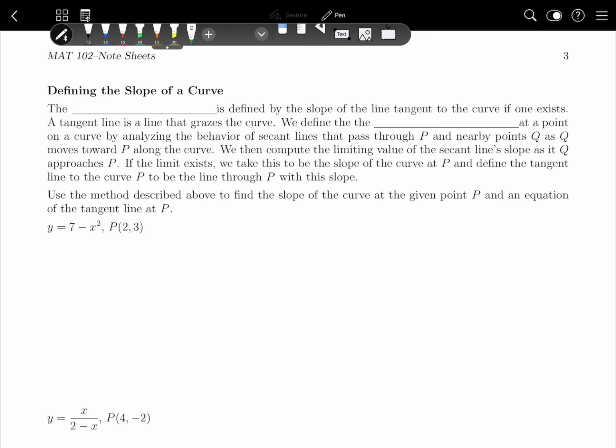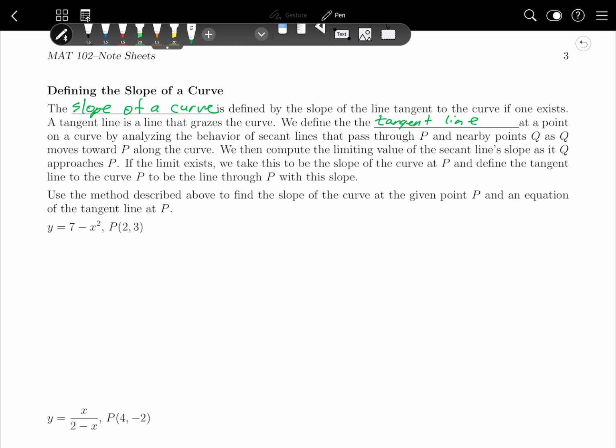So the slope of a curve is defined by the slope of the line tangent to the curve, if one exists. A tangent line is a line that grazes the curve. We define the tangent line